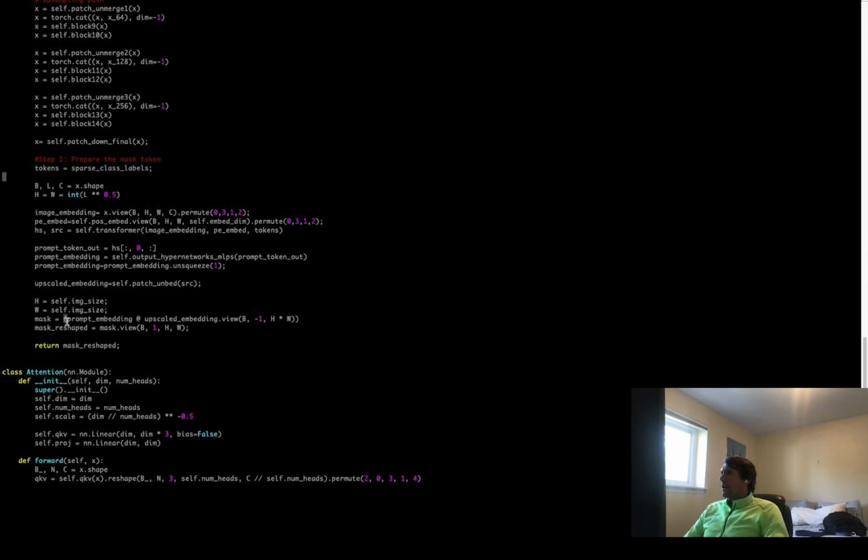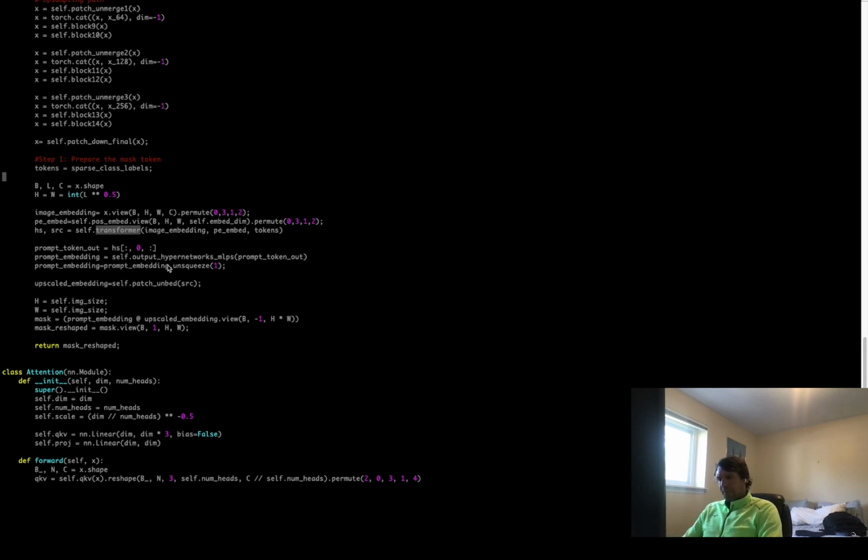First one is why the hell am I multiplying the prompt embedding by the upscale embedding? I've already done the cross attention from the image to what I'm calling the prompt embedding. I've already done cross attention both ways. I don't know exactly what that means, but in my head it's like